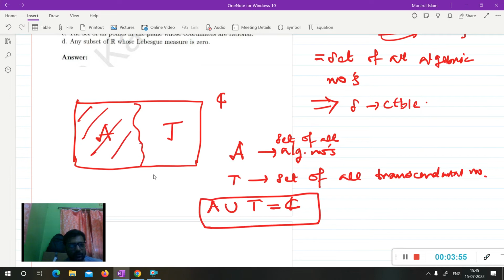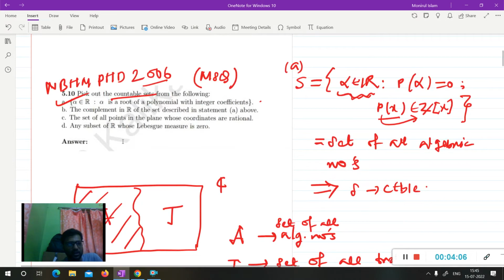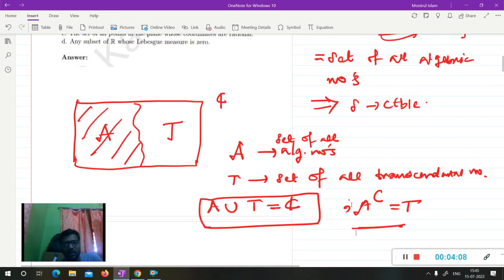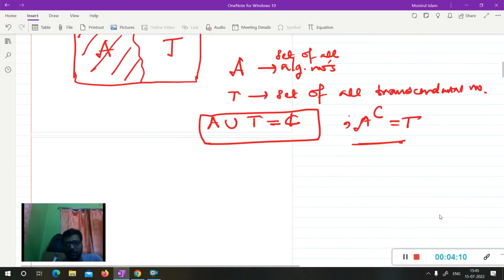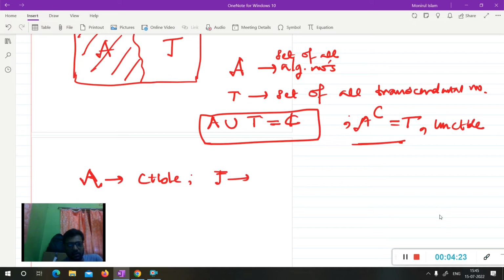So obviously the complement of the set of algebraic numbers will be the set of all transcendental numbers, because they are disjoint. So the complement of the algebraic numbers is the transcendental numbers. Now the set of transcendental numbers is not countable. Suppose A is countable, which we all know. Now if T is also countable, then